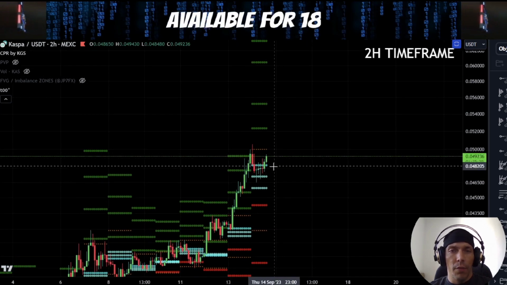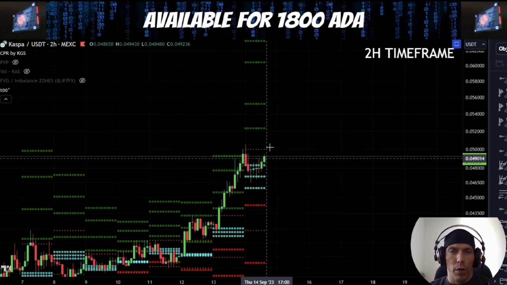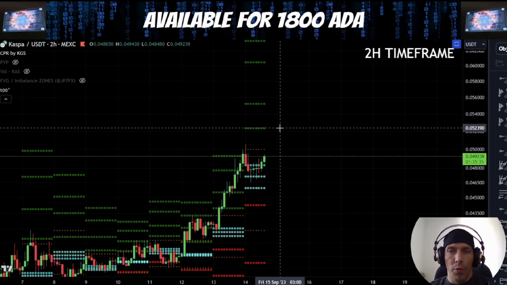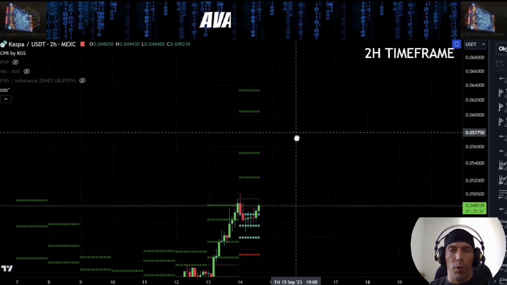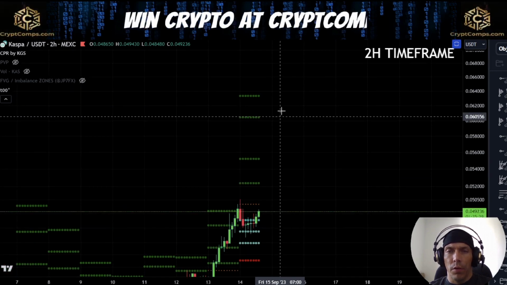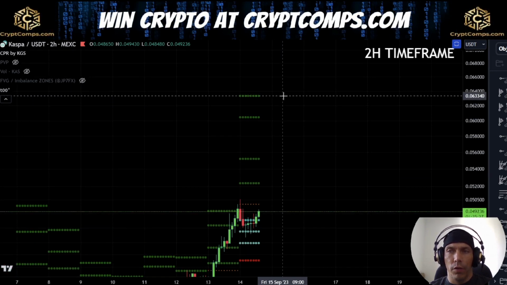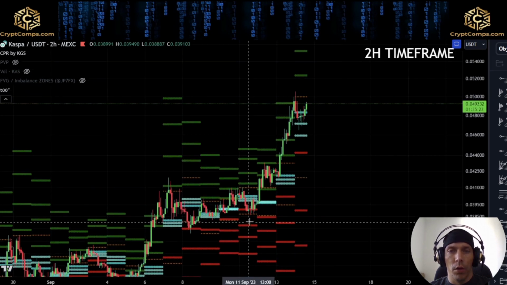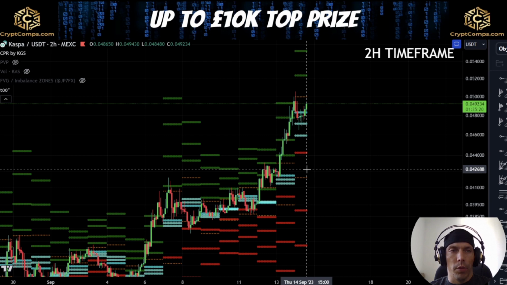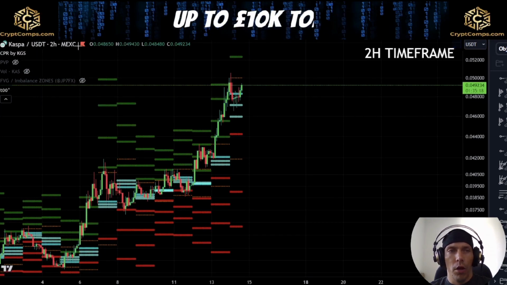downside targets. If, however, we maintain above these central lines and we continue to rally, I will be watching this 52390, 55211, 60556, and this 63340 as potential upside targets for today. So this would align with us continuing to extend out here and looking to push to the upside.